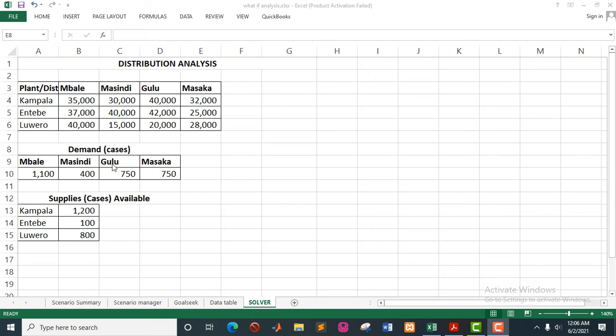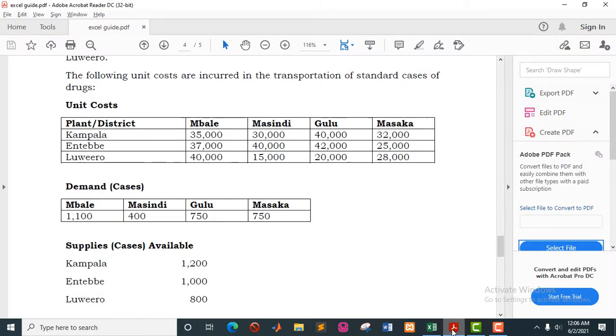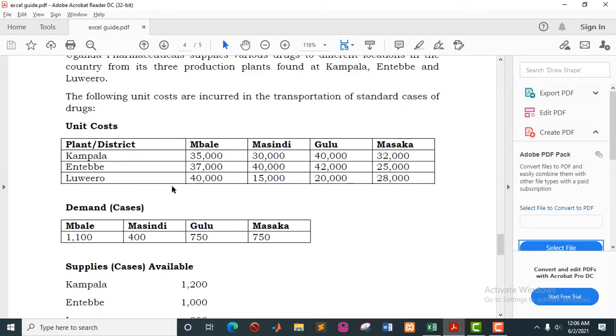Yes, welcome to the last part of what-if analysis. We shall look at another tool, which is the solver. The solver helps us to analyze a complex situation. For example, for our case here, we have this distribution problem where we have the costs of transporting different items